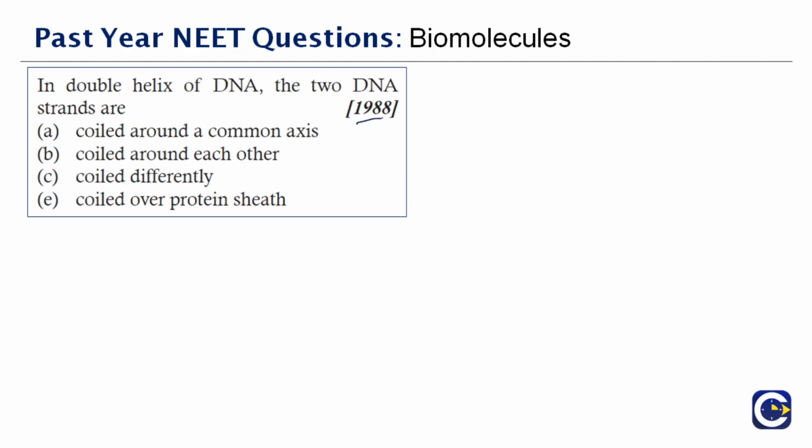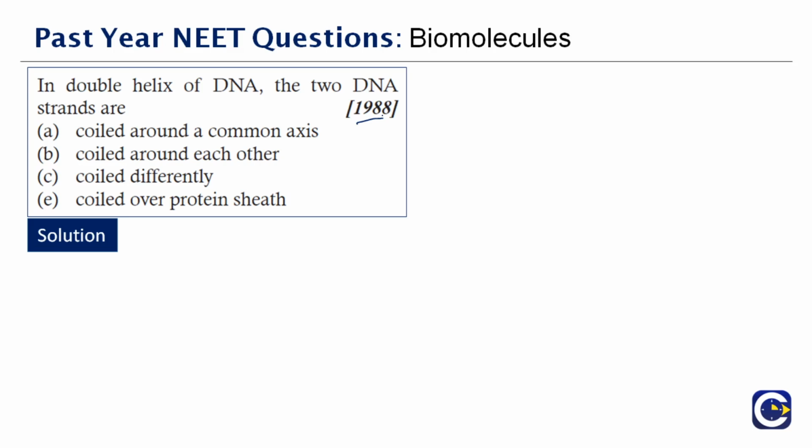This question was asked in the year 1988. In double helix of DNA, the two DNA strands are. So this is an easy question for you to answer. When we say double helix, of course, it has two strands, right? That is the meaning. In a double helix of DNA, the two strands are dash. How are they present? Either they are coiled around a common axis, or coiled differently, or around each other, or